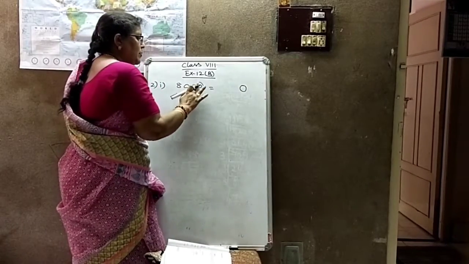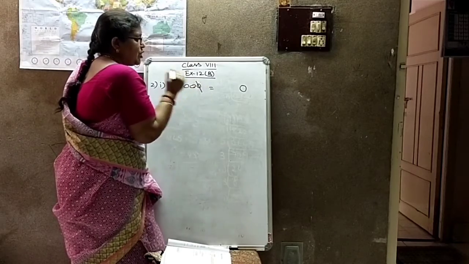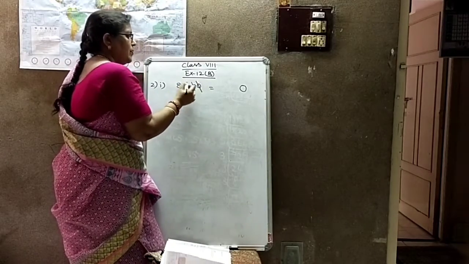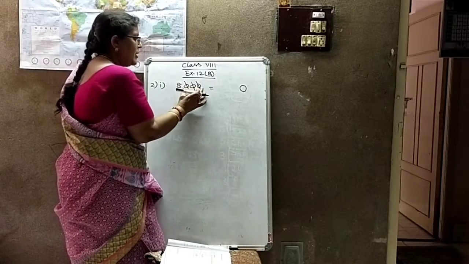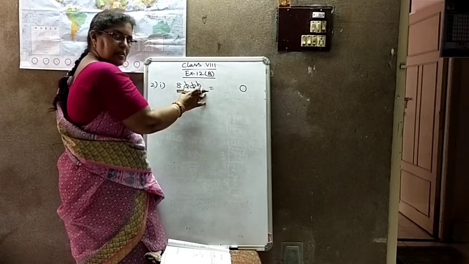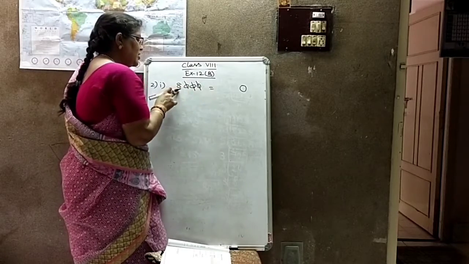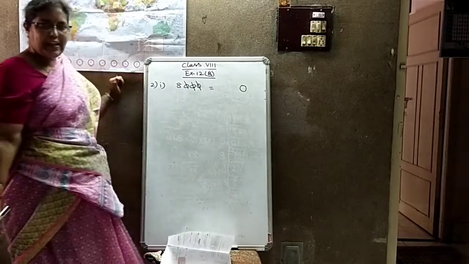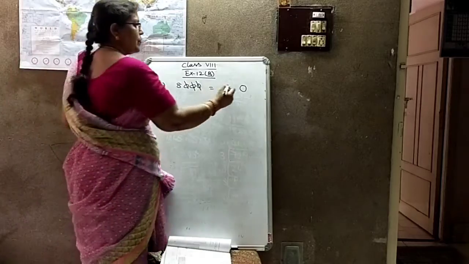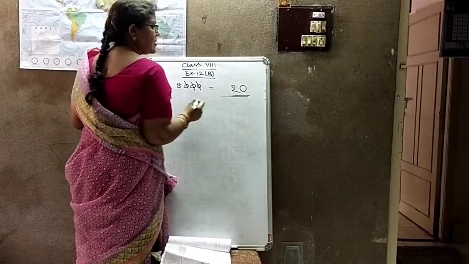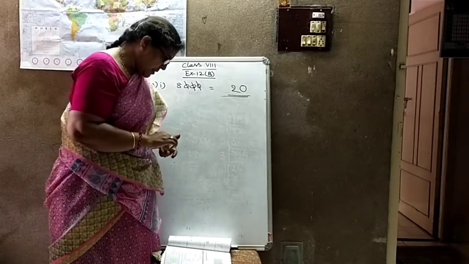Now, what is the process here? Strike off this 0. Cube root means 3 digits, so I am taking off these 3 digits. After taking off these 3 digits, what is the next number? 8. The cube root of 8 is 2. This is the answer, that's it. I will go for the next one.